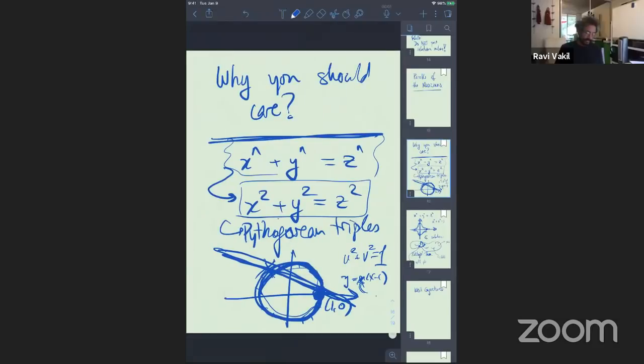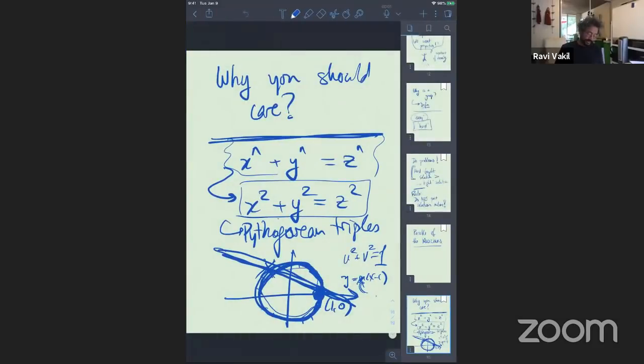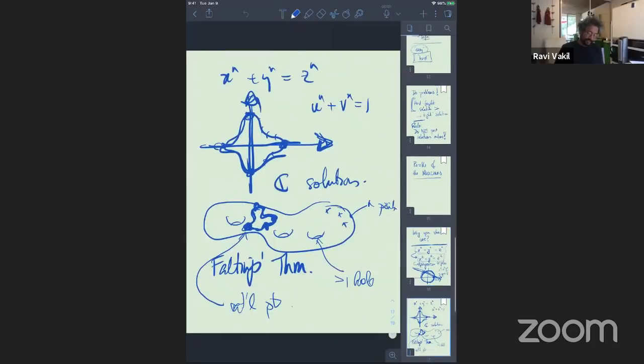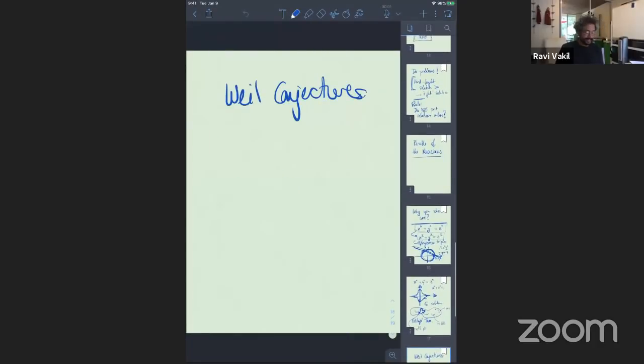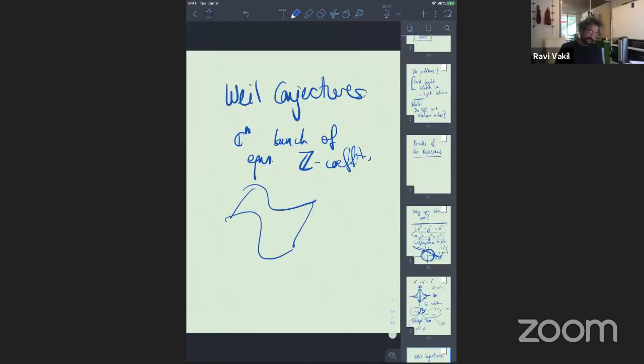And just roughly to say what the Weil conjectures are about, at least as an idea, if you have something in C to the n, and it's cut up by a bunch of equations, and let's say they have integer coefficients, so you've got something in C to the n which is cut out by them. I can't draw C to the n, so I'll just do that. And you have this thing which is called a variety, and I can say this in a much more general way, but let me just say it this way. And this variety has some topology. It's got some different holes of different sizes.